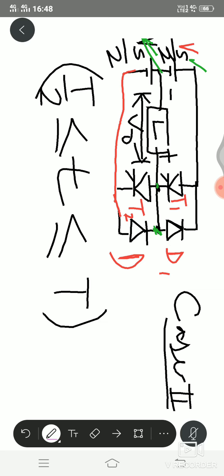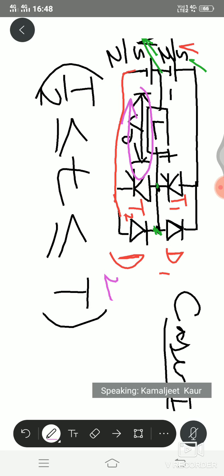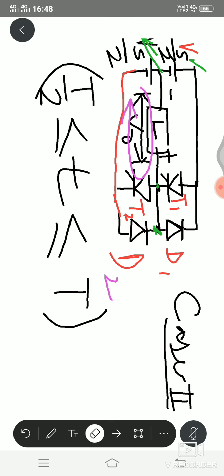So active circuit will be this one. Follow the circuit diagram. This will be the circuit. T1 in this case is in off condition, T2 is in on condition, and for the time being you forget about D1 and D2, two diodes. Okay, so the bottom circuit is active in this case. Now write down the KVL.